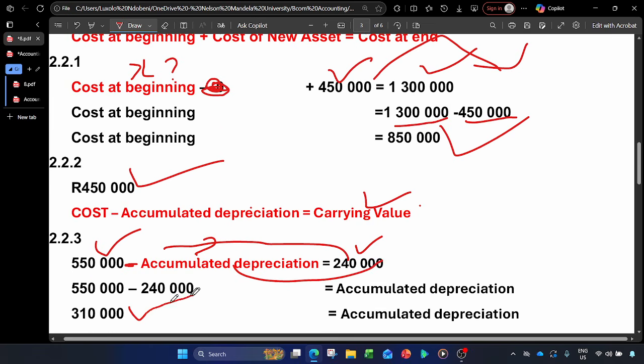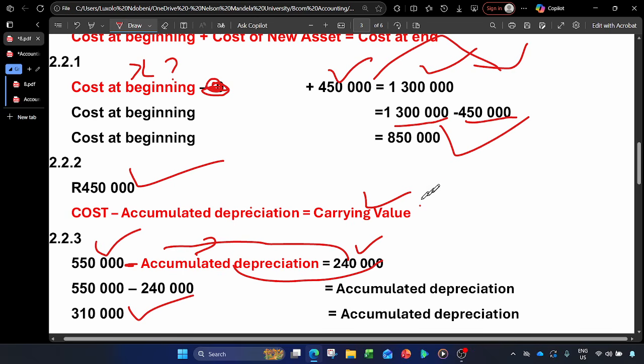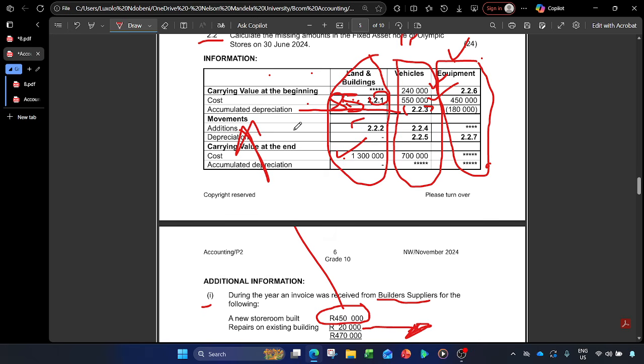Then it's 310. But now you also have another formula that you can create for yourself: when you say cost minus carrying value, it will definitely give you accumulated depreciation. I was that kind of a person. When I saw something, okay, now it goes like this, I create another formula, because you already know how you can get carrying value. But now there's another formula coming up. When you want the accumulated depreciation, you say cost minus carrying value, and you will get your accumulated depreciation. So this is the cost. You can write it right now if you have a book and a pen. So let's proceed to the other questions.